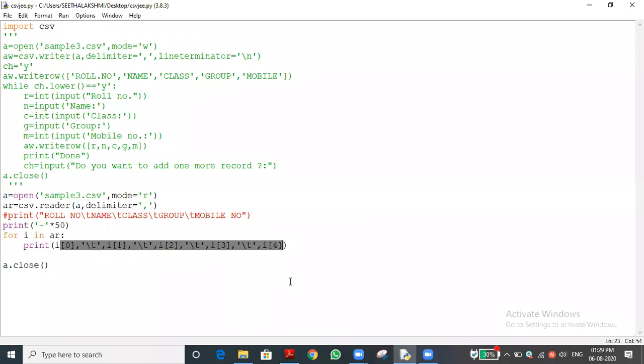Sir, a CSV file is used to align the rows in Excel. Then why are you again aligning the rows in the output statement? No, I'm just saying, for example, you already have the CSV file. Some data is there. You stored all the data in the CSV file. How do you fetch the data from the file? You want to display it in our program, so how to do it? For that purpose only. It is already aligned in the CSV file in tabular columns, but in order to show the details in our program, we can use it.